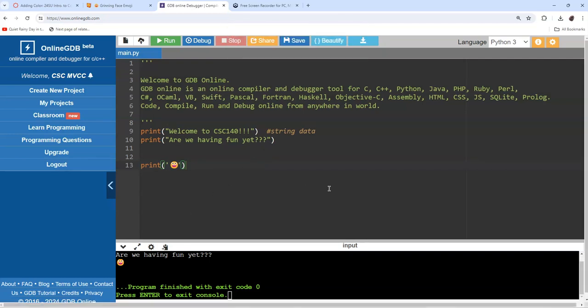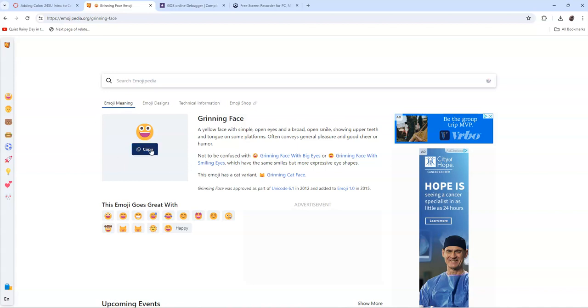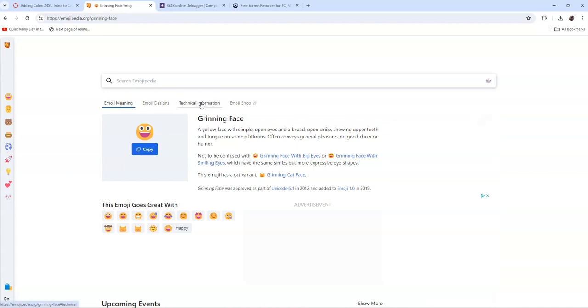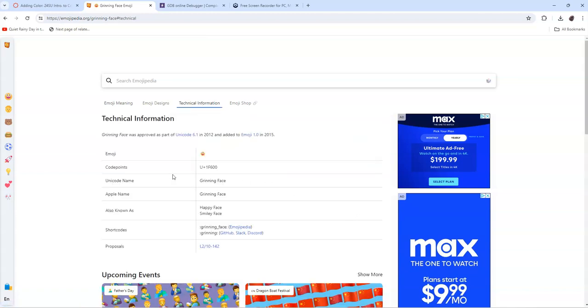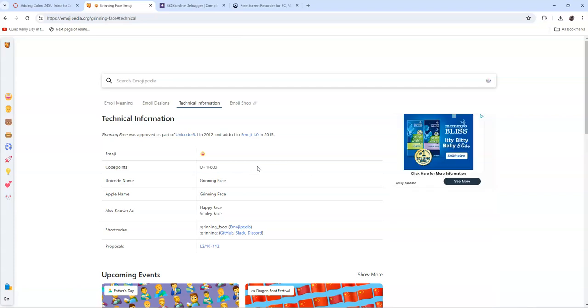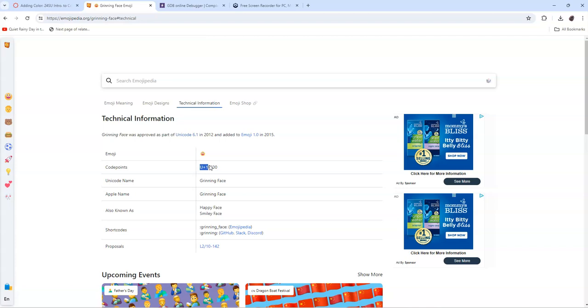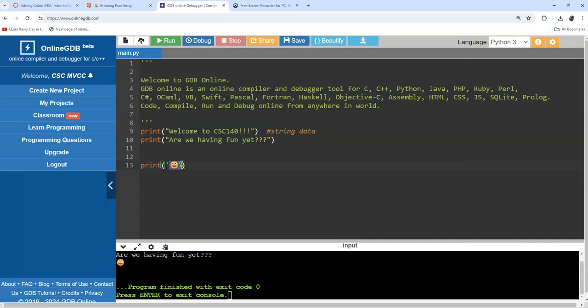So this is the way we're going to do emojis. You're going to find the emoji that you want. You're going to click on this tab, technical information, or if you're on a different site, there's going to be a way to get at what we call the Unicode for that emoji. So I'm going to click technical information. This is what we call the Unicode for that emoji. Every emoji has its own designated code. So I'm going to copy this, and I'm going to paste that into the string. And then I have to doctor it up a little bit. I'm going to put a backslash in front of the U,